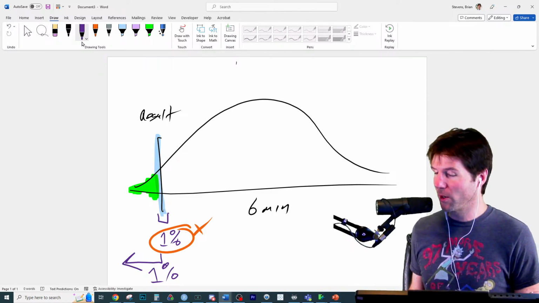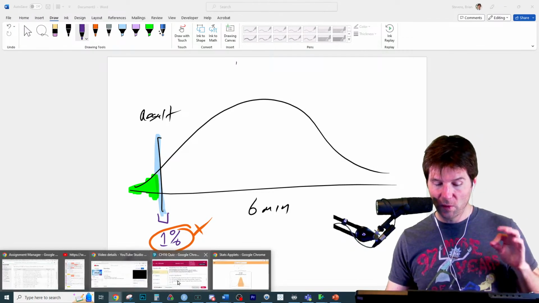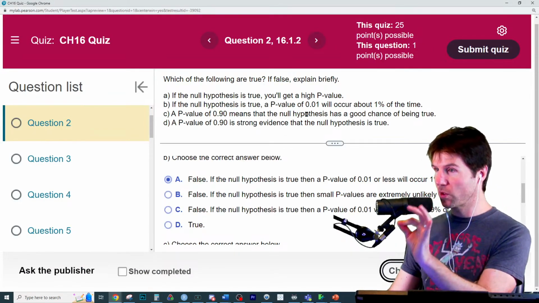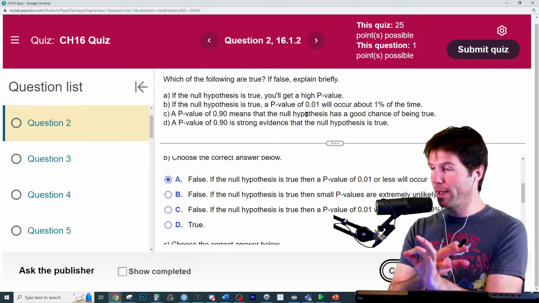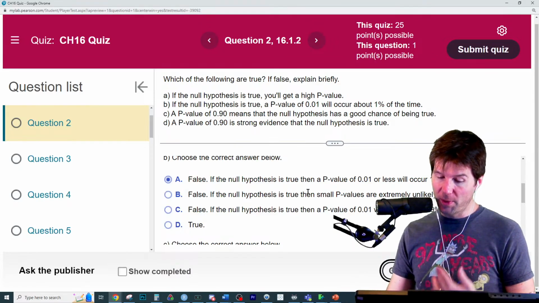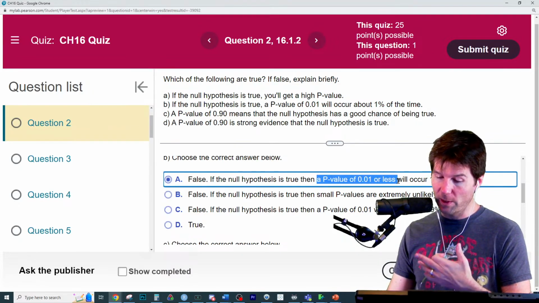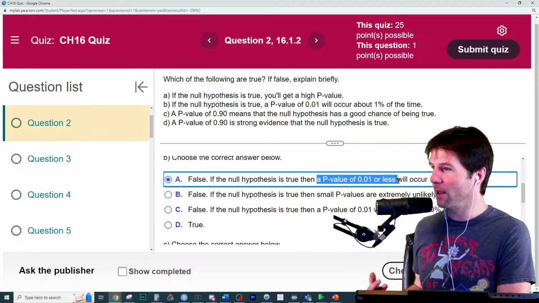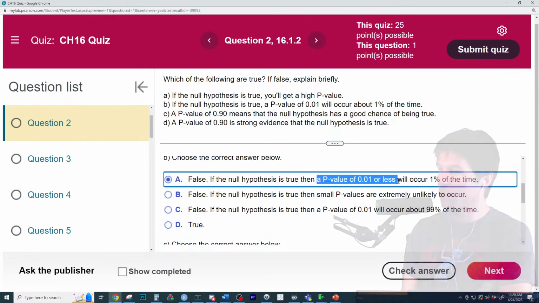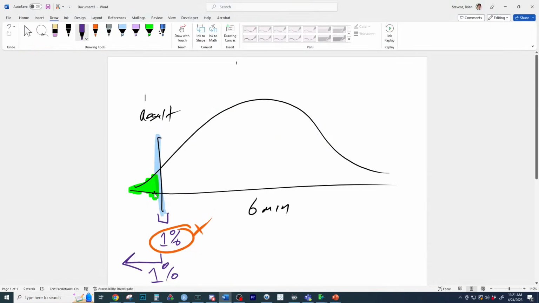My Pearson got me on one of the wordings because they're being very particular that it's not that the result at a p-value of 0.01 has a 1% probability. It's that the result a p-value of 0.01 or less. It should say the result, the observation. Yeah, I really don't like that they're saying the p-value of 0.01 will occur. Results that occur with a p-value of 0.01 will occur 1% of the time, or like down here, it's talking about this.